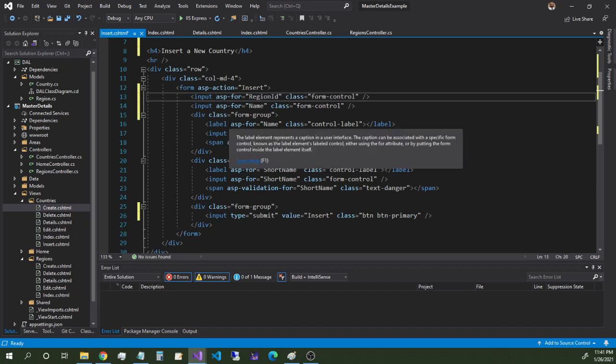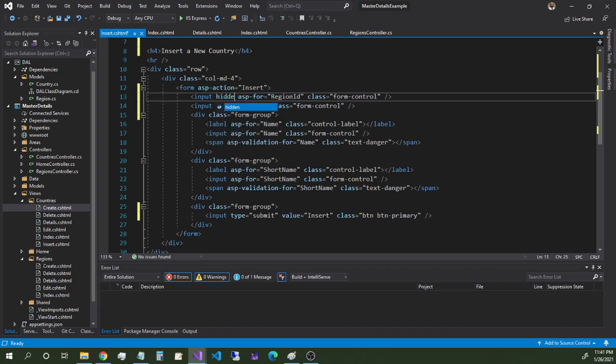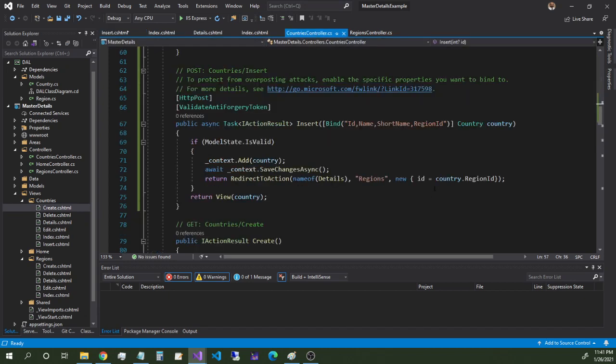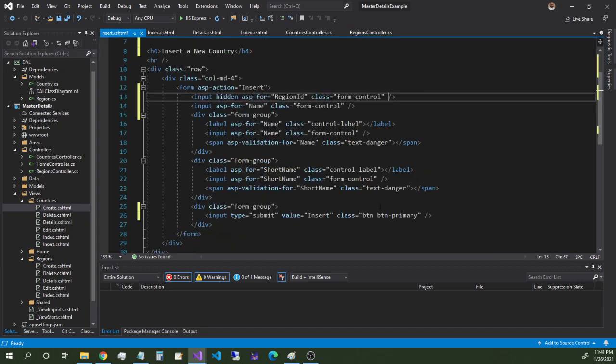We make it hidden. Okay. So this one actually requires a value for that. Otherwise, this region ID is going to be passed as null to the post function. So here, this region ID will be null. Then later, the country cannot be inserted. Okay, that's why what we need to do here is to use the value here, and we can pass